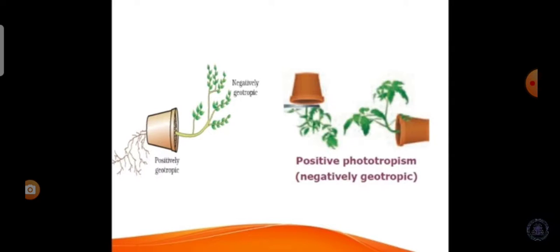Tropism is generally termed positive if growth is towards the signal and negative if it is away from the signal. The shoot of a plant moves towards the light, the roots move away. Thus the shoots are positively phototropic. Usually, the shoot system of a plant is positively phototropic and negatively geotropic, and the root system is negatively phototropic and positively geotropic.